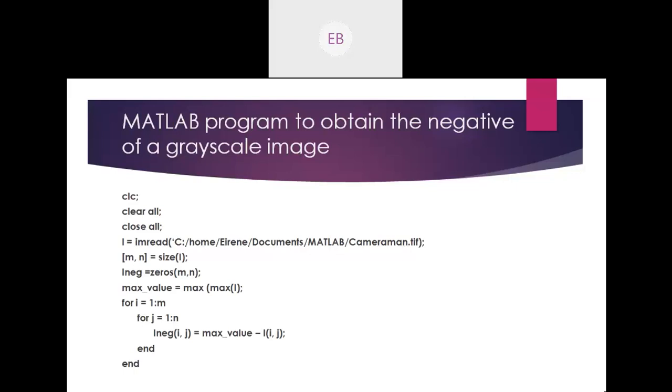What did we have? We had five concepts: workspace, command window, command history, and editor. Do you remember those, guys? In MATLAB you will get one command window.